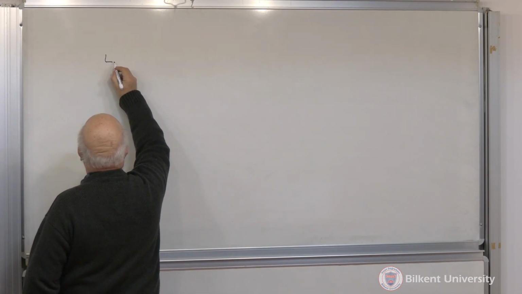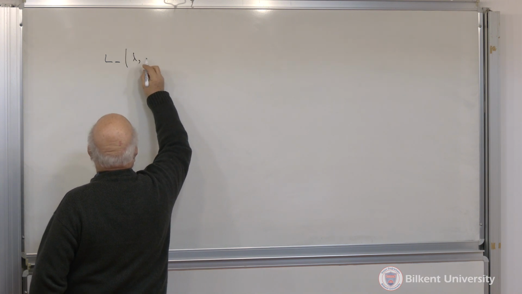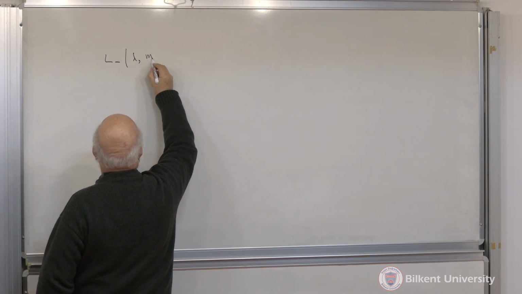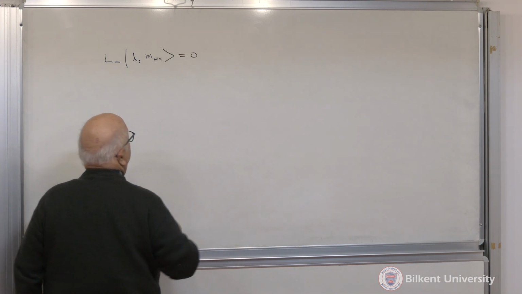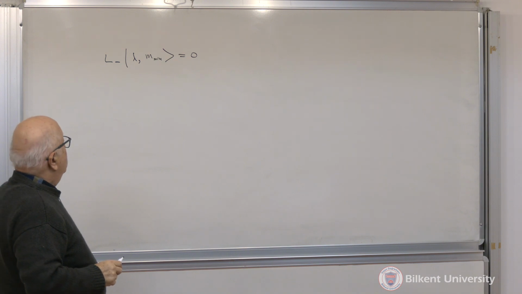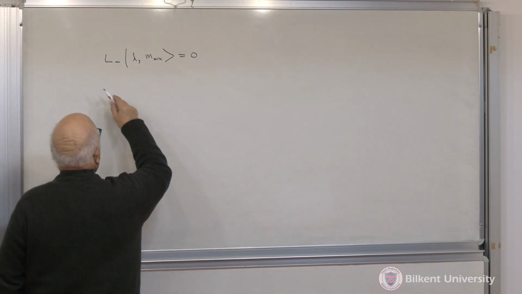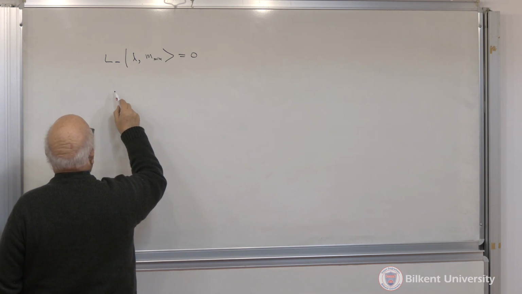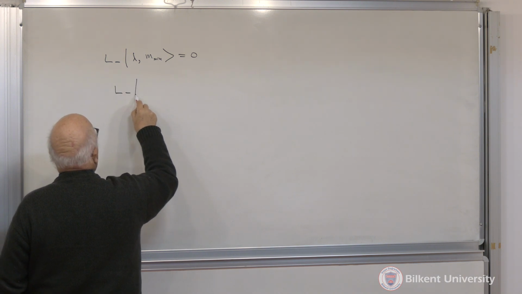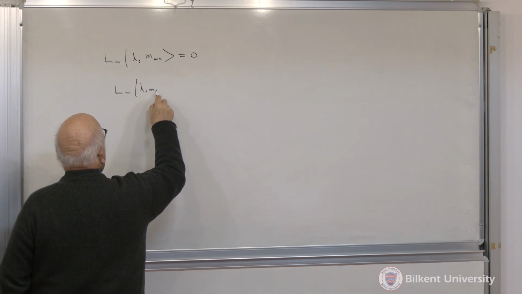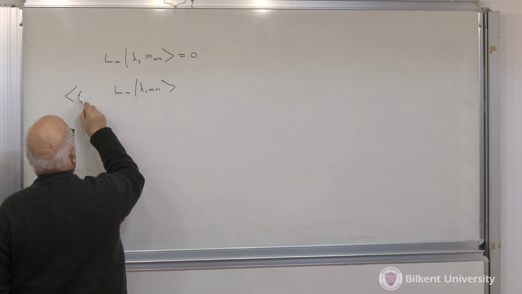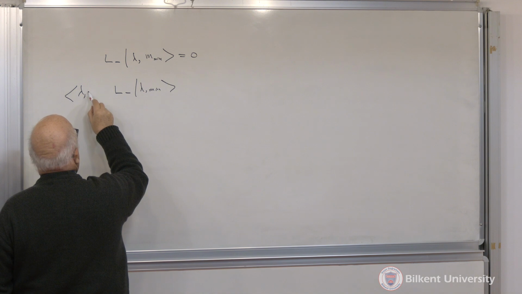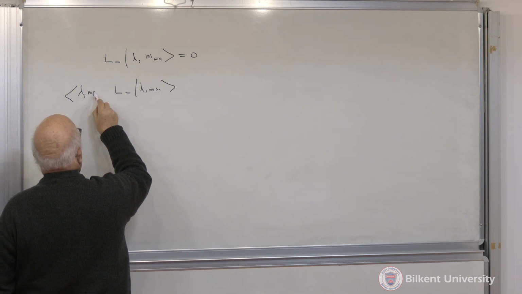I have L minus acting on lambda, m minimum, and this time it has to be 0. If I look at the magnitude, it's L minus lambda m minimum, inner product with its adjoint, lambda m minimum,